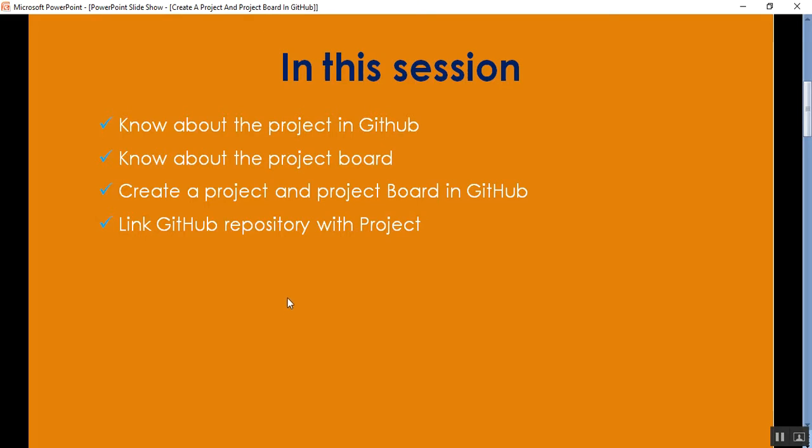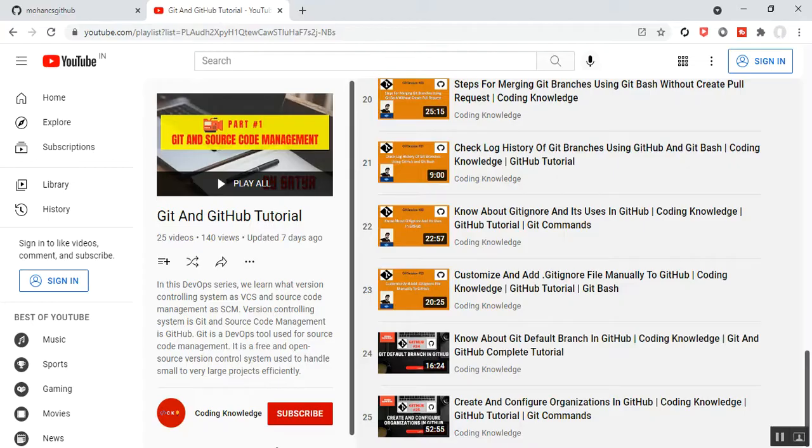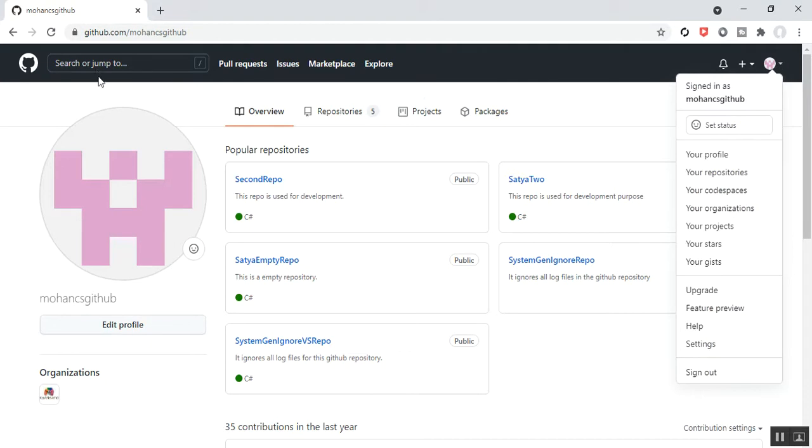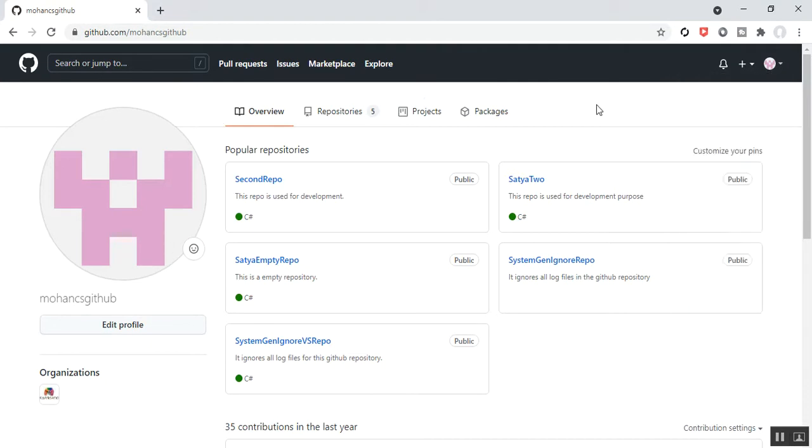First, I log in to GitHub as an owner of the GitHub organization, which I described earlier in part 25. Here I have logged in as a GitHub owner, that is Mohan CS GitHub, and with this account I have created the project. Earlier I created and configured the organization in part 25. So what I'll do now,